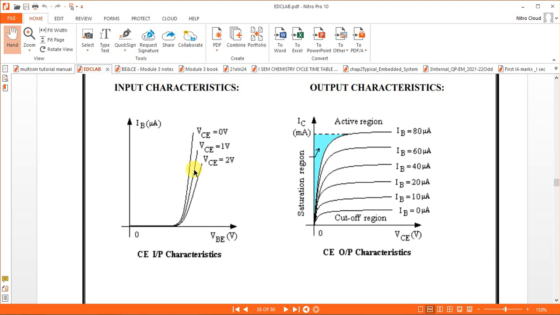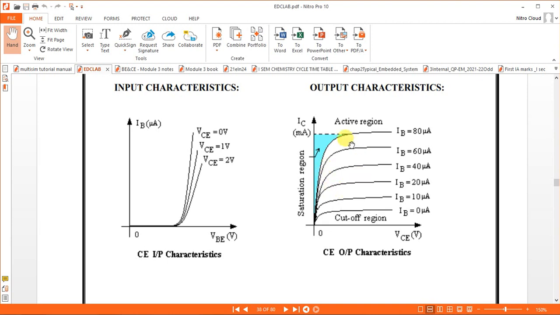So we assume a transistor is two diodes connected back to back. Base to emitter acts as one diode, collector to base acts as another diode. So the base to emitter diode will start conducting whenever the input voltage VBE is greater than 0.6. At 0.6 it will start conducting. After that the current will increase exponentially. Through this, you can find parameters like the input impedance. Take a delta here, on the slope. Delta VBE by delta IB will give you the input resistance of the common emitter configuration.